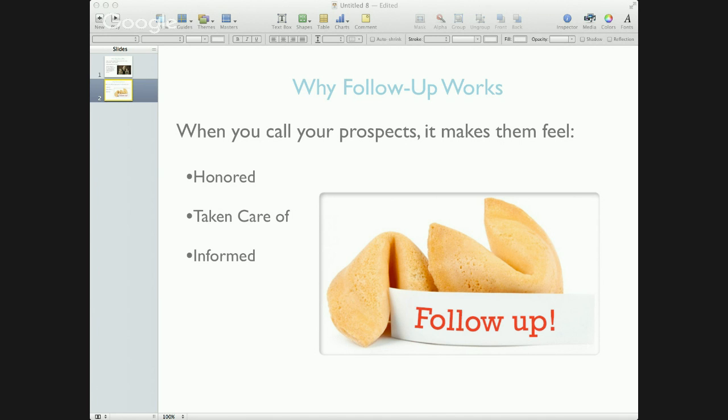Anyway, I will continue, and just let me know, because I want to honor your time. So what I was saying is, when you call your prospects, think of it this way. They're opting into one of your pages, and